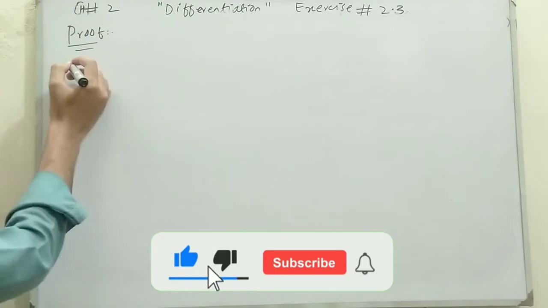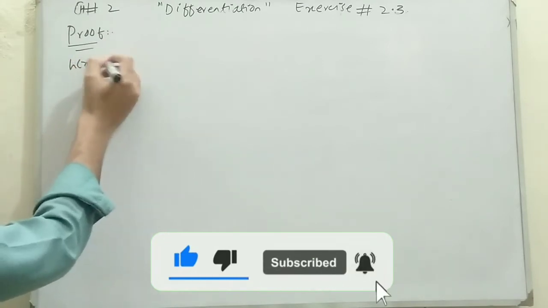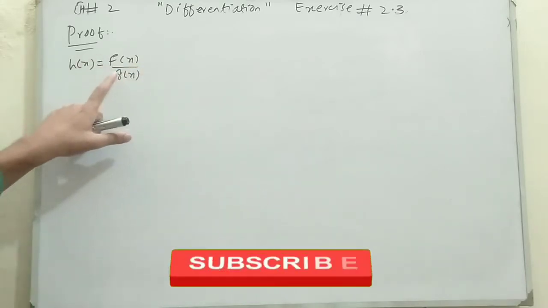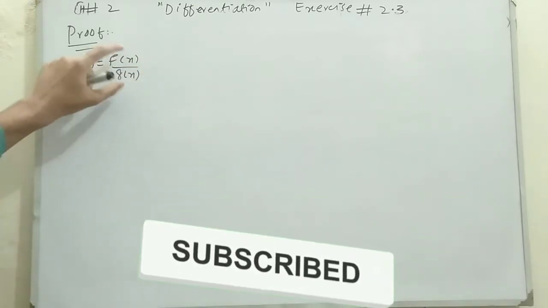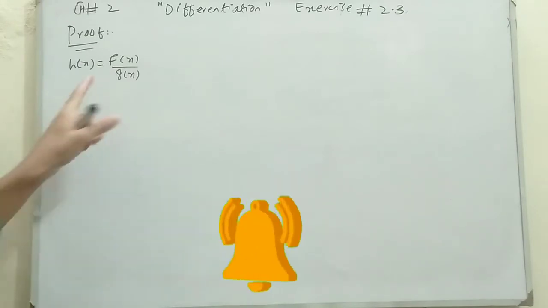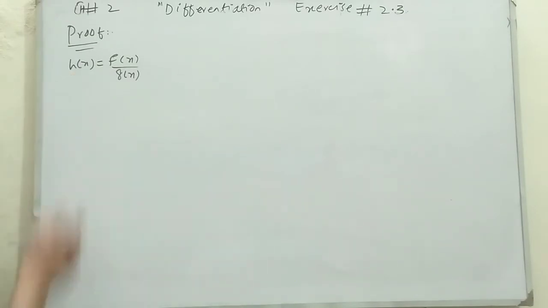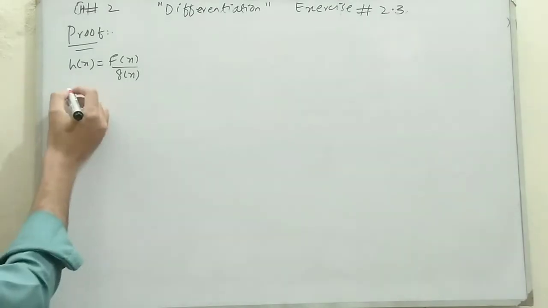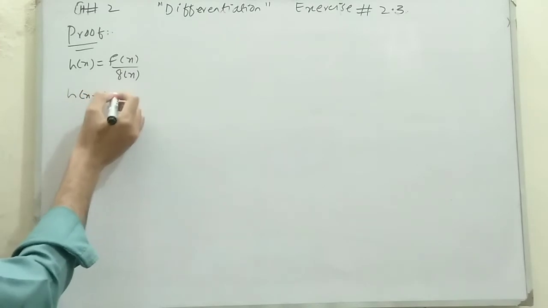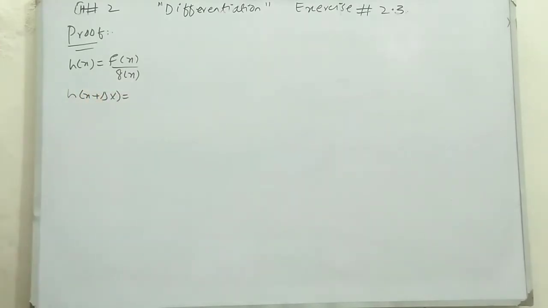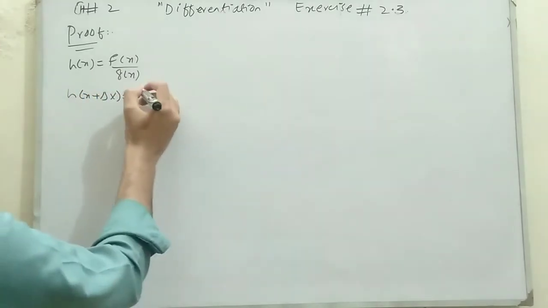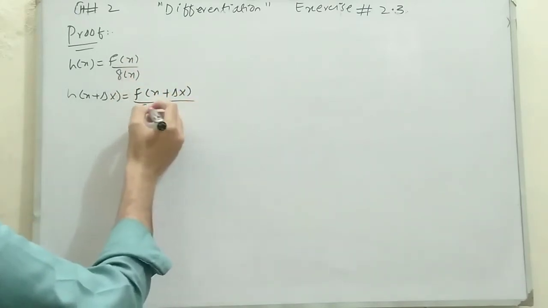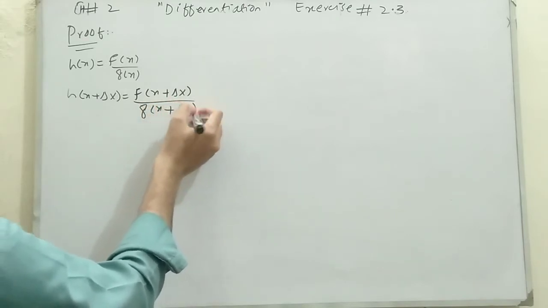So let's suppose a function is given, h of x is equal to f of x divided by g of x. These two functions f of x and g of x are given in the fraction form. So we will use the quotient rule in finding the derivative of this h of x function. So using first principle rule, here we have h of x. In first principle rule, we replace x with x plus del x. So it becomes h of x plus del x is equal to f of x plus del x divided by g of x plus del x.